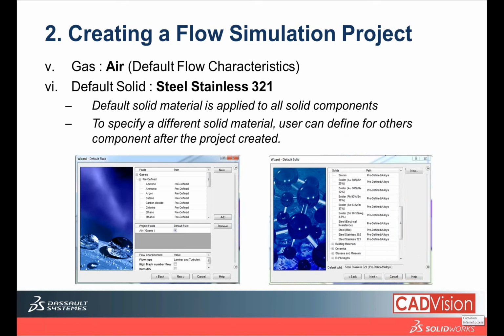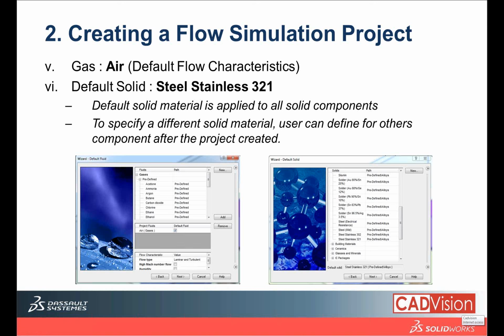And then choosing the default fluid, in our case, will be the air. If you are doing an aircon, there are selections of refrigerants here. So by default, and then select the default solids. In our case, we will select the stainless steel 321. Choosing the default standard materials will simply mean that all the solid components will be assigned with the stainless steel